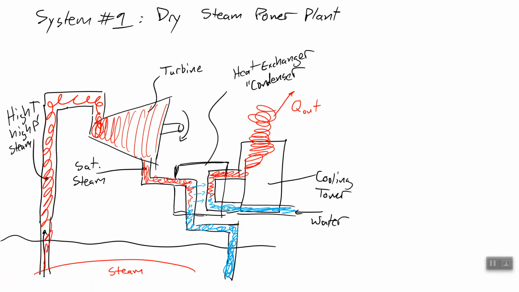Okay, so we have a heat exchanger, which is condensing the water, turning it back into liquid water, which we pump back into the earth, and then we allow some steam to take away the excess heat. And the question is, why do we condense the steam? Why not just put this steam directly back into the earth? Okay, well, the reason we do that is